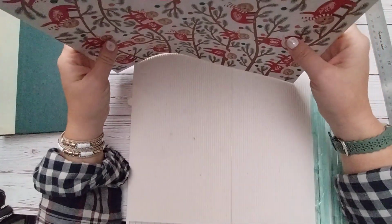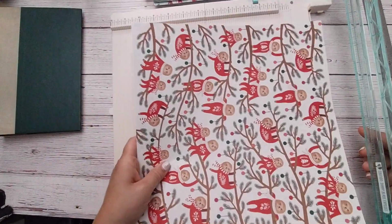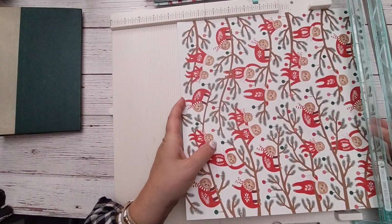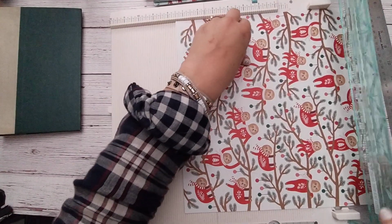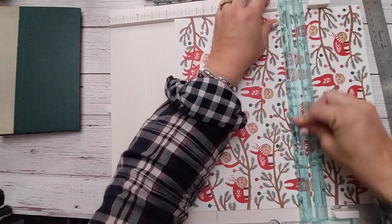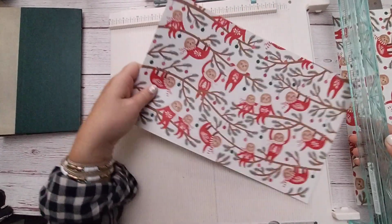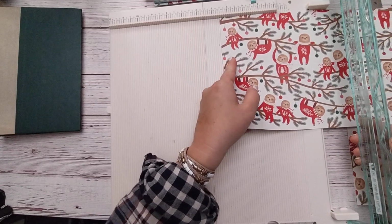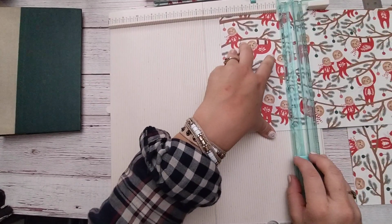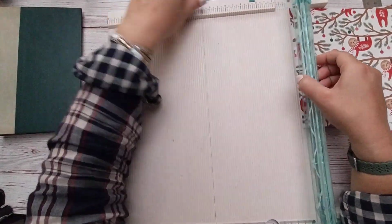So again, we just take our pages and we do 7.5 high. So 7.5. And you just have to measure your book. It's not going to be 7.5. It's going to be whatever your book is. And then 4.5. 4.5 there. And then,